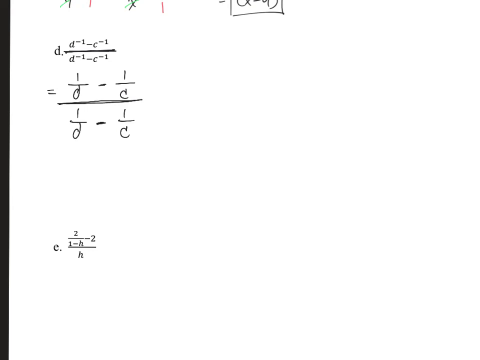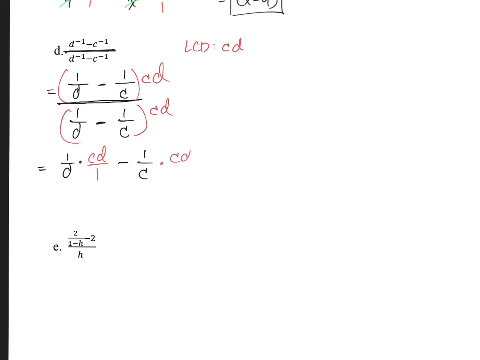Let's find the LCD and use the building up property. So the LCD, looking at all the denominators, the mini denominators, it's going to be CD. Okay, what do we do with that? Well, we multiply it to the top and the bottom with hopes that we can cancel out the mini fractions. Okay, so let's go ahead and rewrite this. So we have 1 over d times the CD, and I'll put it over 1, minus the 1 over c times CD over 1,